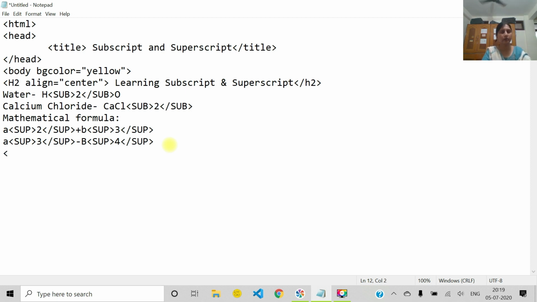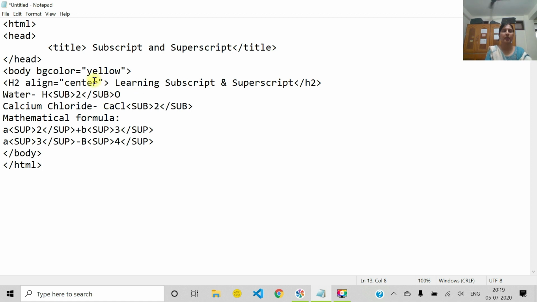After that, if you want this much only, we can close the body tag, and body, if you have started with small case, you should write in small case. Fine. But by mistake, if you have written with capital letter also, then still it will work. Fine. Then HTML close. I hope it is clear. HTML head section, body section, and then HTML close. And in this we have used heading tag and superscript and subscript tag.